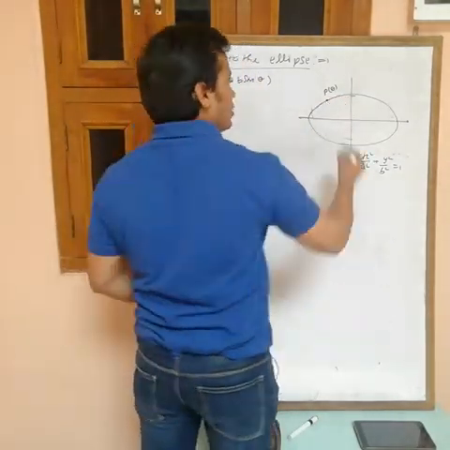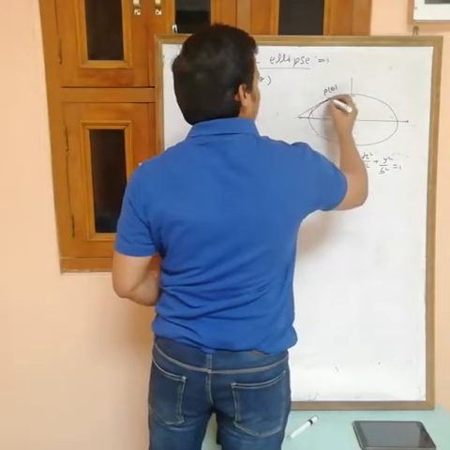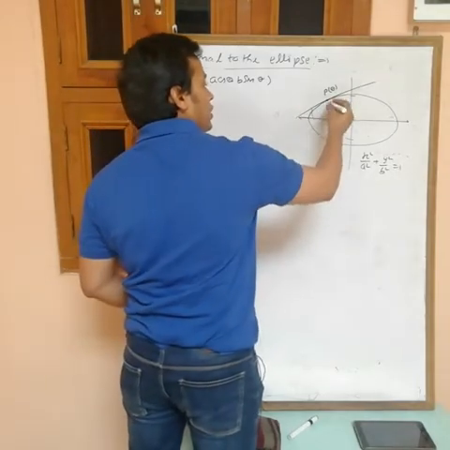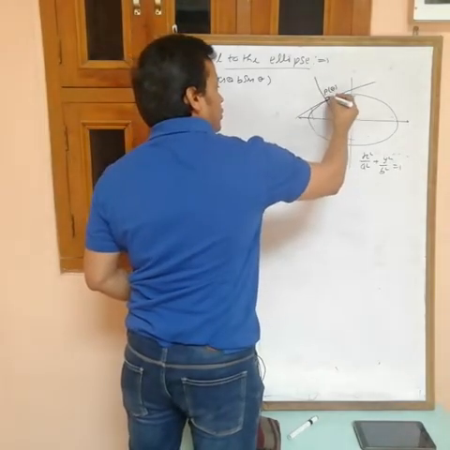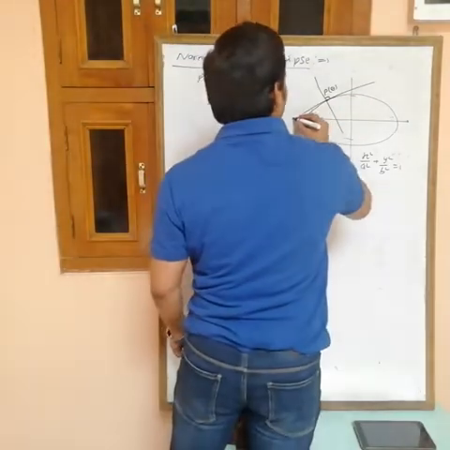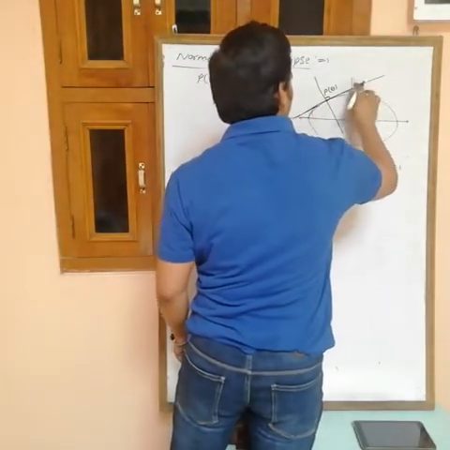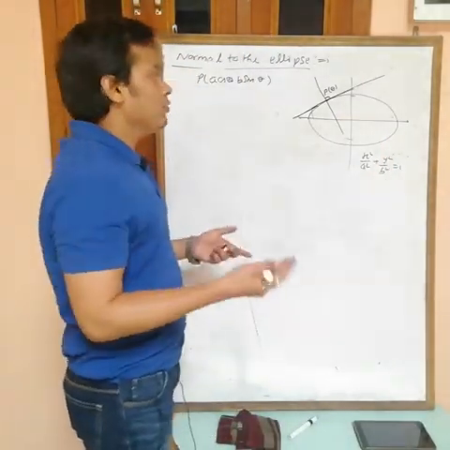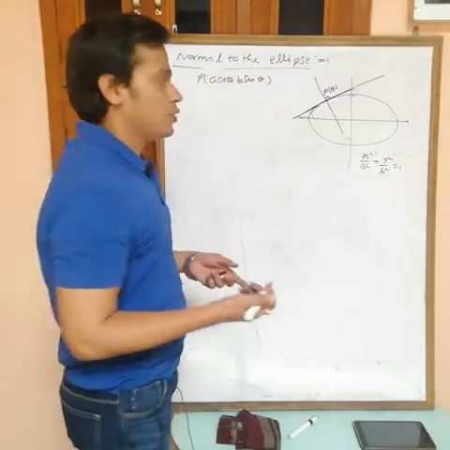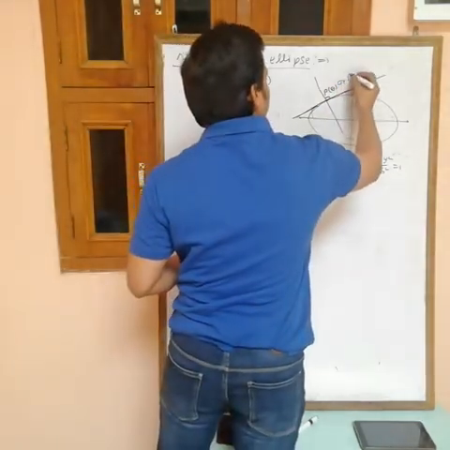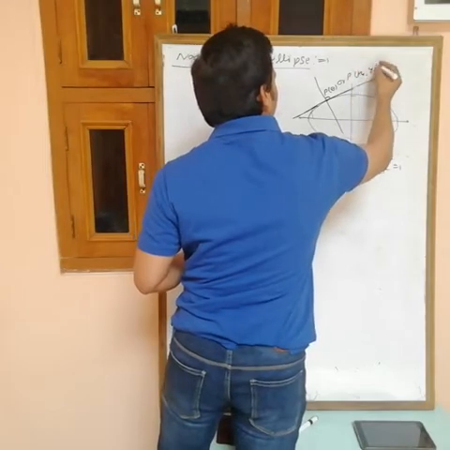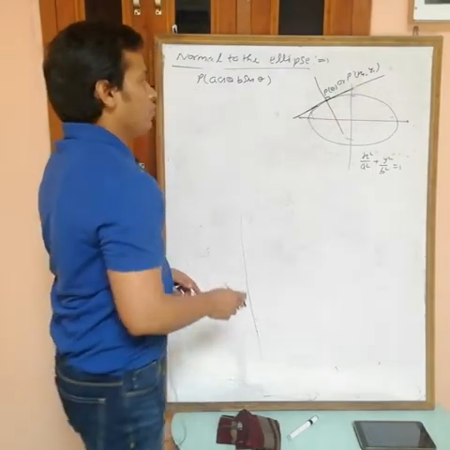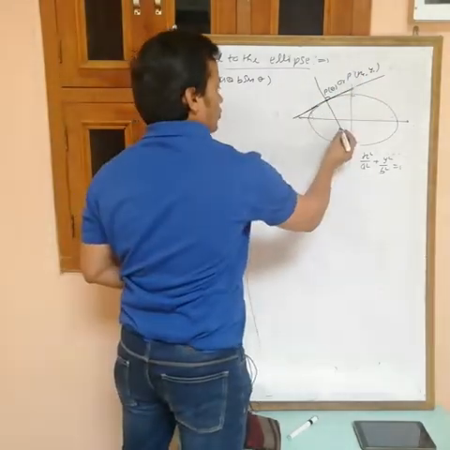Then again normal is the same thing. To draw the normal at any point, first we have to draw the tangent. Now draw a line which is perpendicular to this tangent and passing through the point. Now this is the normal. Now we want equation of normal. See, this point P is in terms of theta, and also if you want, you can write the point in terms of x1 comma y1. So P is either in parametric form, or x1 comma y1 in Cartesian form. Okay, so we want equation of this normal. This is the normal at P.